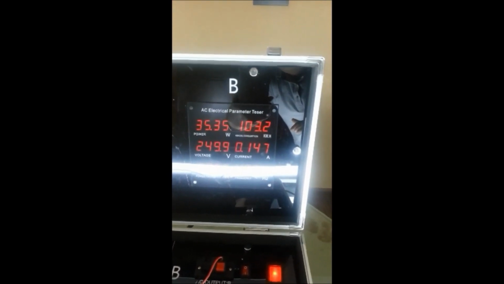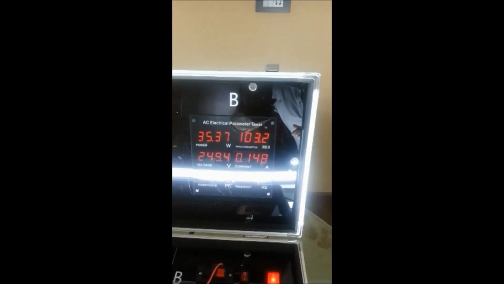Now we are showing you the comparison between the tube light with the electronic choke, which is a little expensive, and our Millennium T8 LED tube light. You can see the comparison. Now the tube light with the electronic choke is consuming almost 35 watts, while the LED tube light is still consuming 18.7 almost, so half of the consumption.